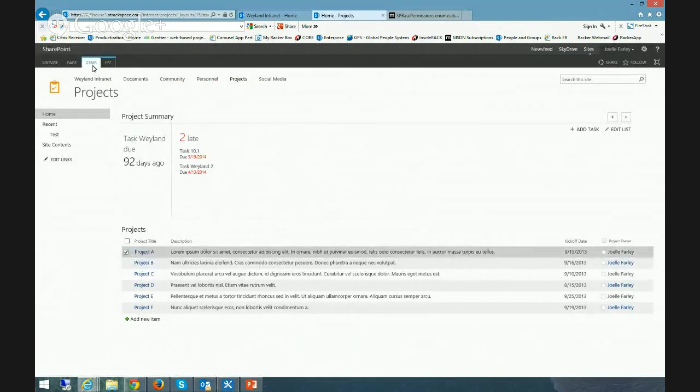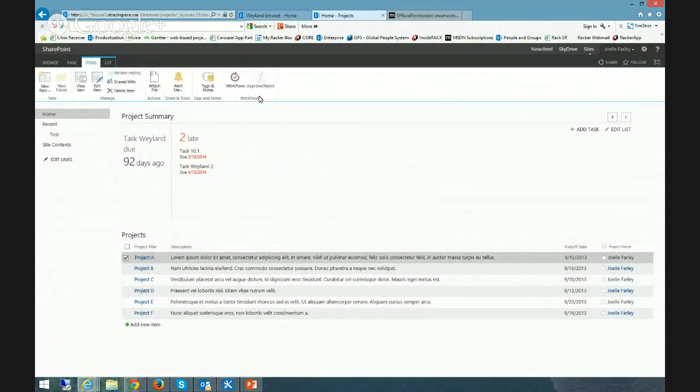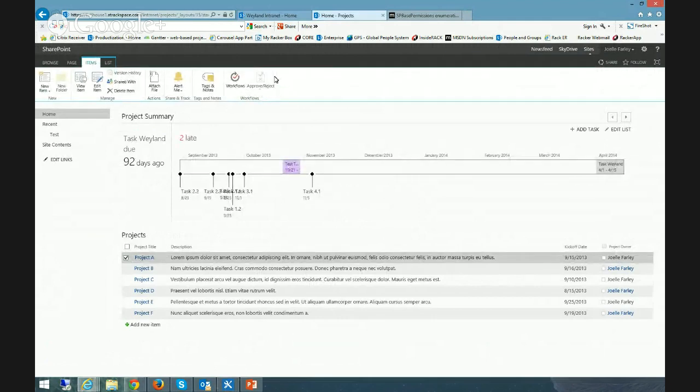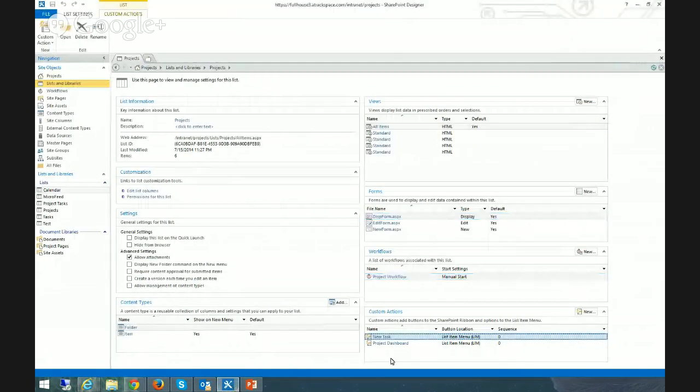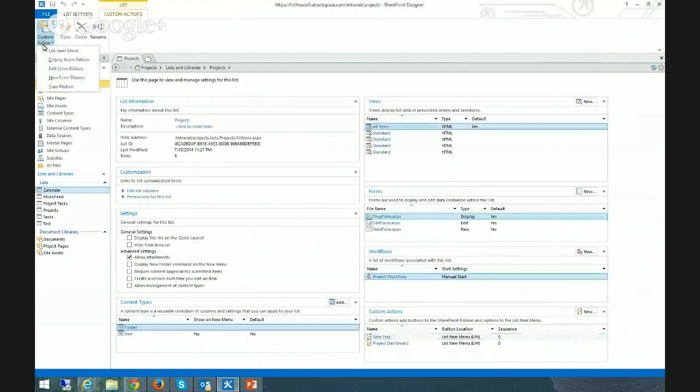I want to add right in the ribbon, in the workflow section, a new icon and call it project workflow. So right here, they can come in, click that, and it launches the workflow automatically. I can do that with custom actions and quick steps. And the way that I would do that is I go back to SharePoint Designer, and I'm not adding a list item menu, I'm going to add a view ribbon here. So I'm going to click view ribbon,